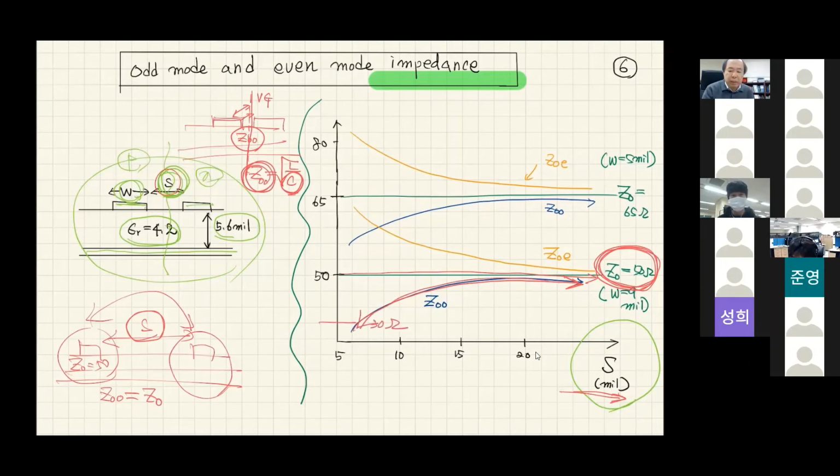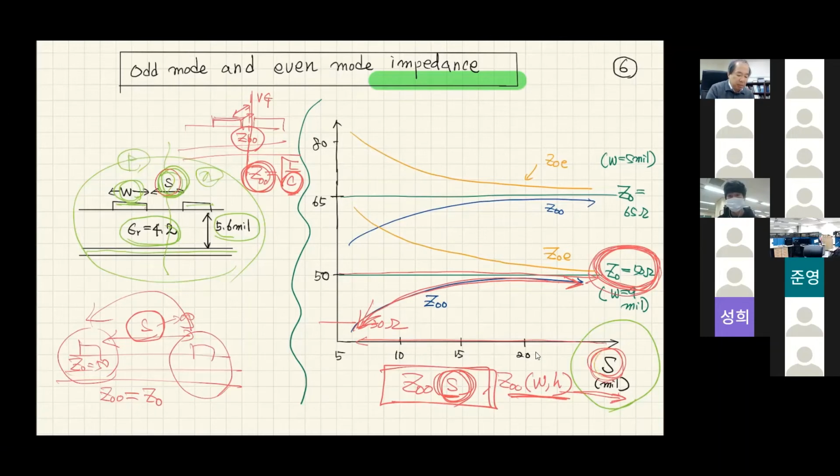So what I would like to emphasize at this moment is that odd mode impedance is a function of S. Of course, it's also a function of W and H, but in most cases, when we are designing a PCB, what we are usually controlling is S. If S becomes very small, odd mode impedance becomes smaller and smaller. And if the space becomes infinite, it becomes the single-ended impedance of 50 ohm. In a similar way,